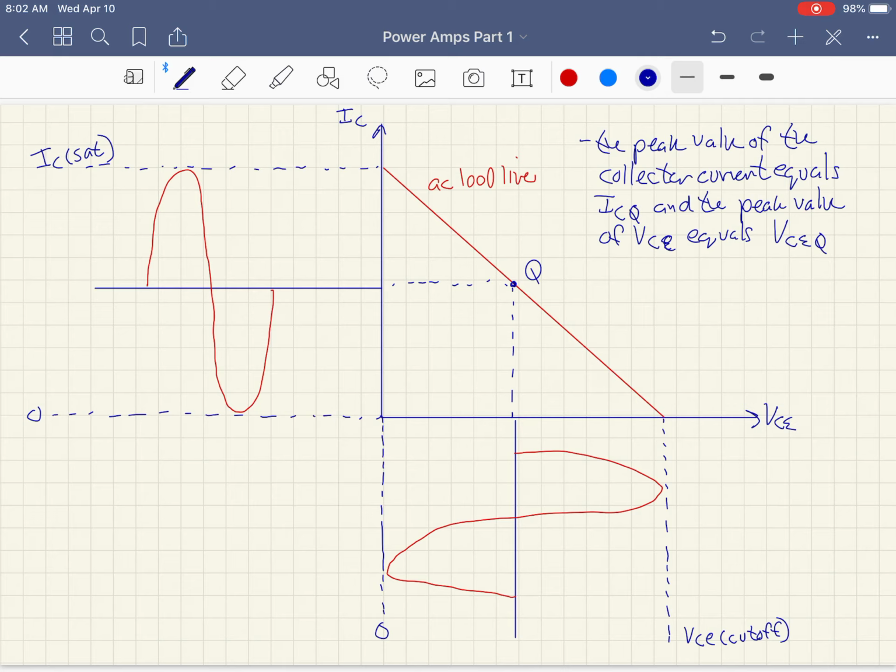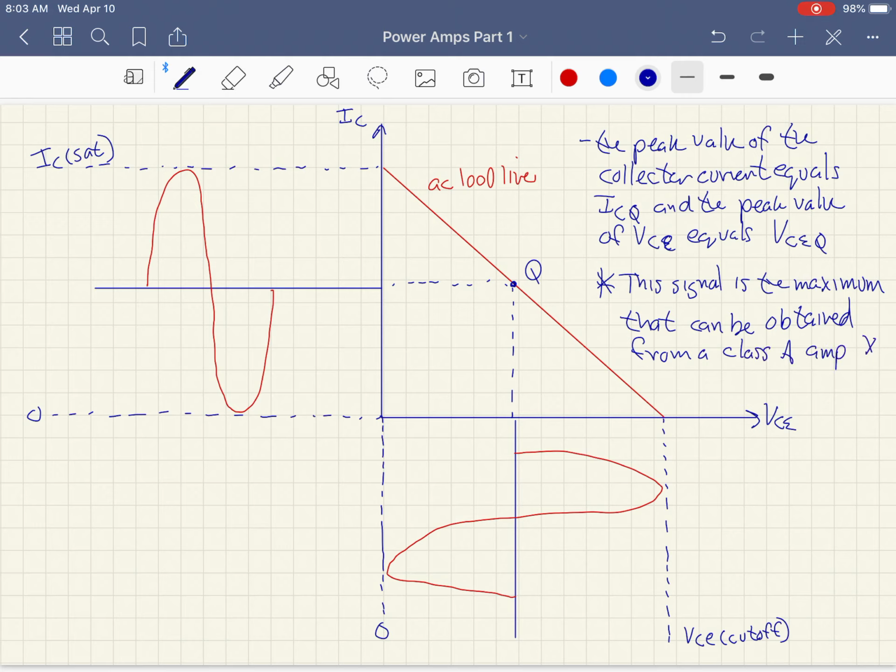The way we've drawn it here, and I'm going to put a little star next to this, this signal is the maximum that can be obtained from a Class A amplifier. I'll put another little star on the other side. So with that Q point right in the middle of that load line, you're maximizing output for a Class A